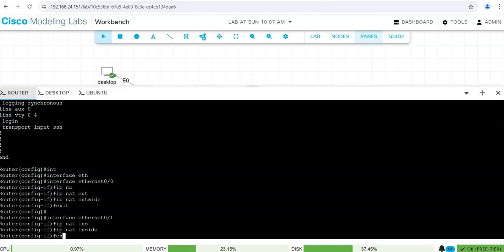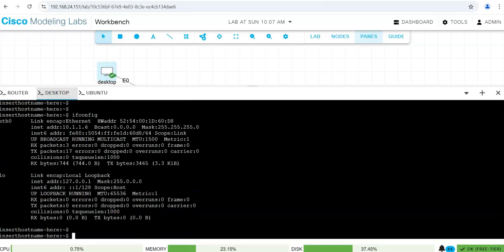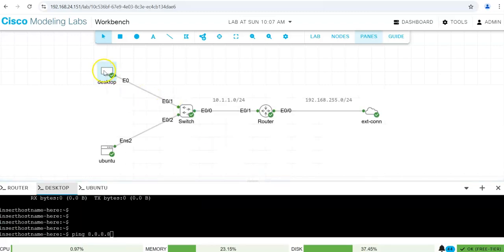So that's all good. Now let's save and go back to these devices and desktop. If we now ping 8.8.8.8, that's the DNS and IP of Google. So if we ping that, let's trace what we're doing. We're coming from this subnet 10.1.1, whatever that IP is, one IP from that subnet. The router receives it. The access list now identifies this subnet needs to be NATed, and if you're coming from